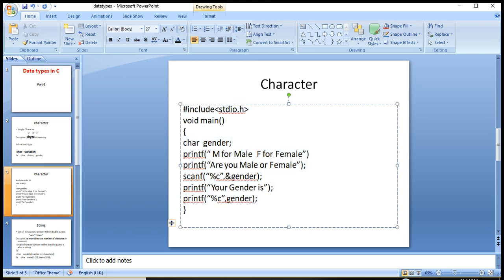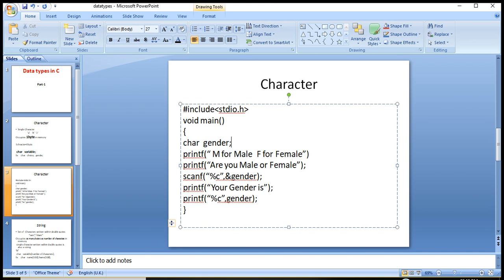I am telling you, I have declared the gender variable. Variable name is gender. char is the data type. char is the keyword in C. If the gender variable is declared, it will occupy 1 byte of memory.